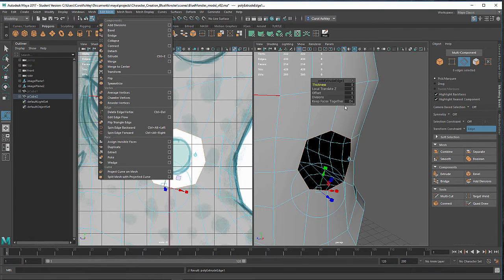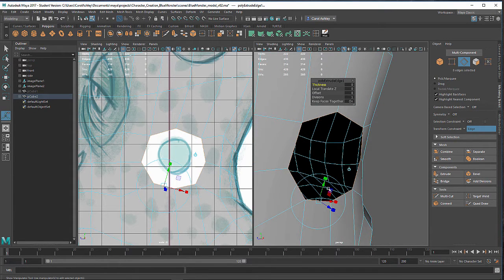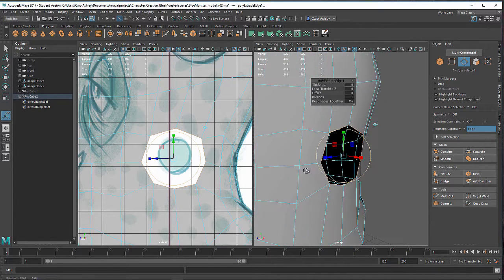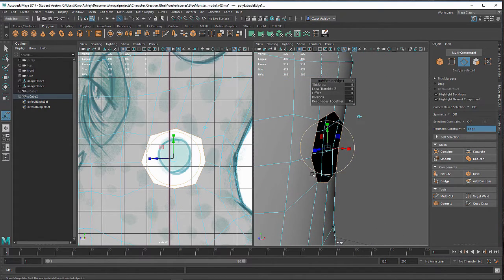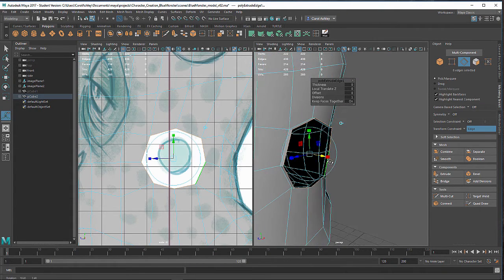Okay, so I've done that, and we've got a little toggle right here. If you haven't done extrudes before, it works in two modes. We've got a local translation happening here on the edge. If I click it here, it's going to center around that area, which is what I want. I want it to be uniform, and I'm just going to pull this out a little bit,